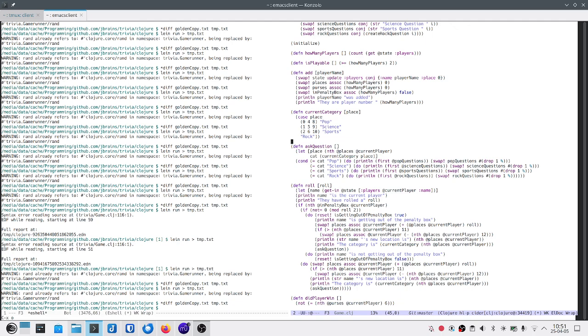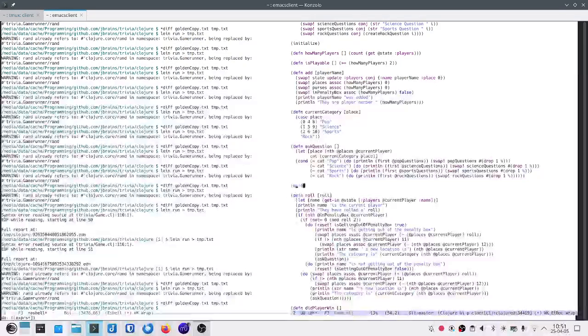So if we are getting the current category here, we might as well push the current category to the next question. And at this point we may think, well, there's a lot of duplicated code here anyway. This whole swap to ask question, this stuff is the same as this stuff. So let's take all of that out and call it turn, which is going to have to take a role as an argument at the moment. Later we may want to give it something else.